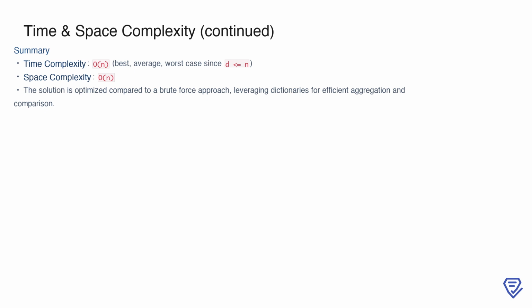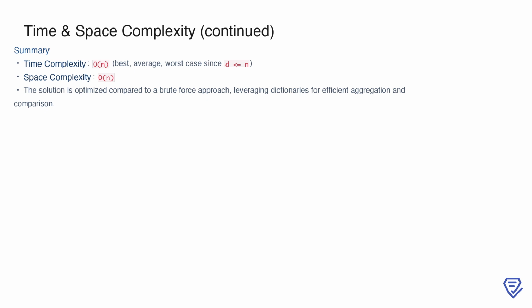The space complexity is also O(n), as the solution only requires space proportional to the input size and the number of departments. This approach is highly optimized compared to a brute force solution, leveraging dictionaries to aggregate and compare salaries efficiently. By reducing repeated computations and minimizing auxiliary space usage, this solution ensures scalability and performance for large input